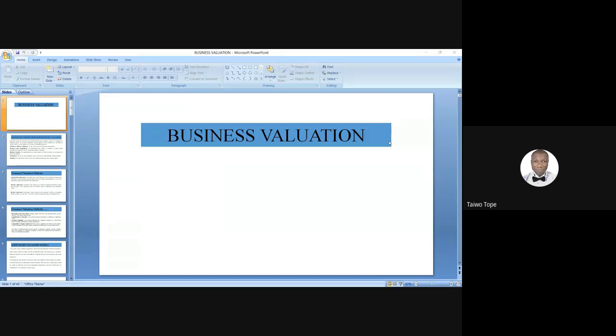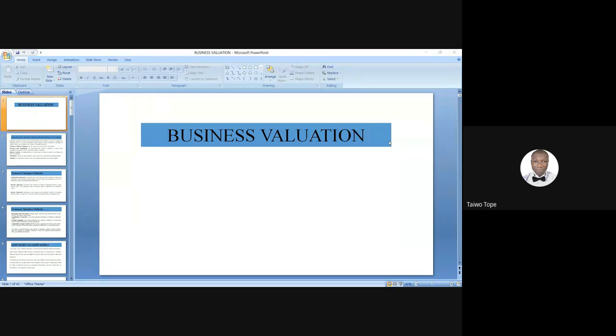Because by the time I come with my own valuer, and you come with your own valuer, you always want to value the properties in a higher way, and Mr. B will also want to value it in a higher way. It's better we get a neutral valuer to ensure that everybody is in consensus and things move on smoothly.